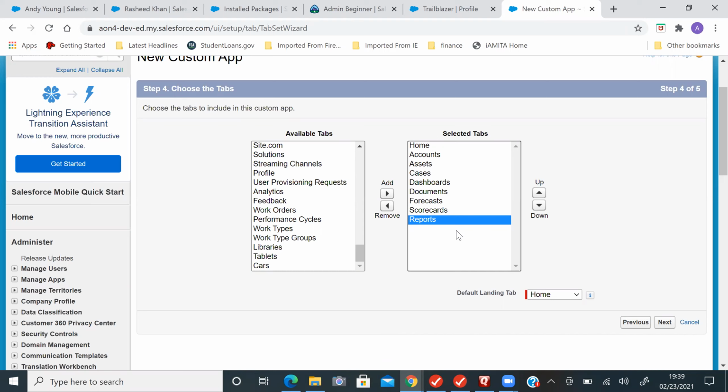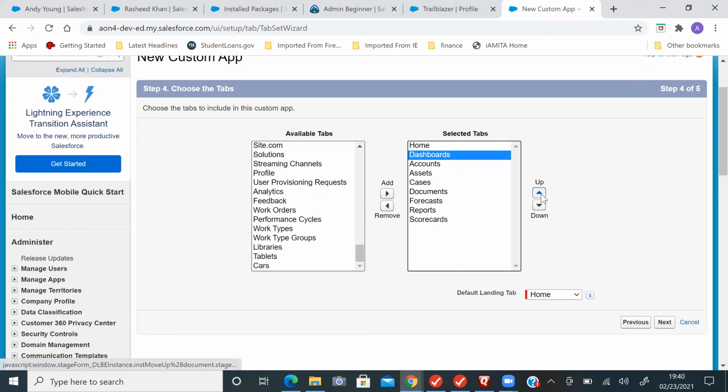So I just selected these tabs. These selected tabs will be available in your cricket application. Rashid, one more thing, you can see the up and down arrows, right? So if you want, the Home tab will be default, and if you want to move the Scorecard below Home, you can do that.